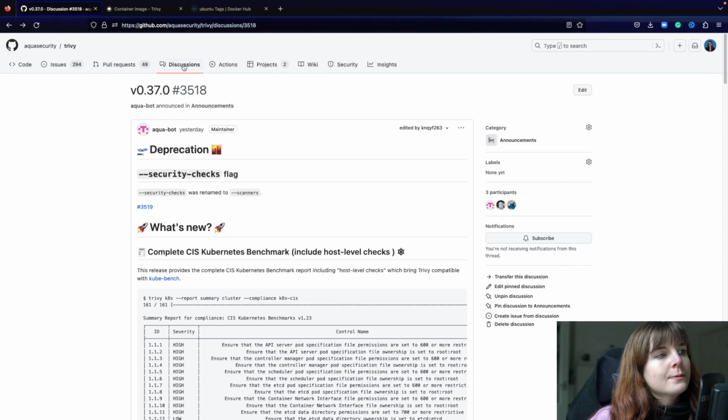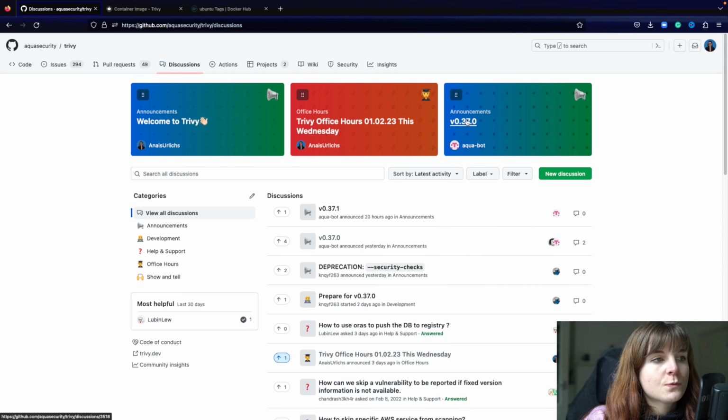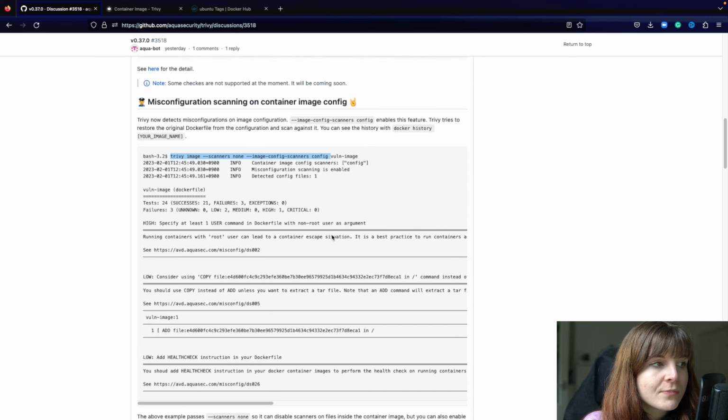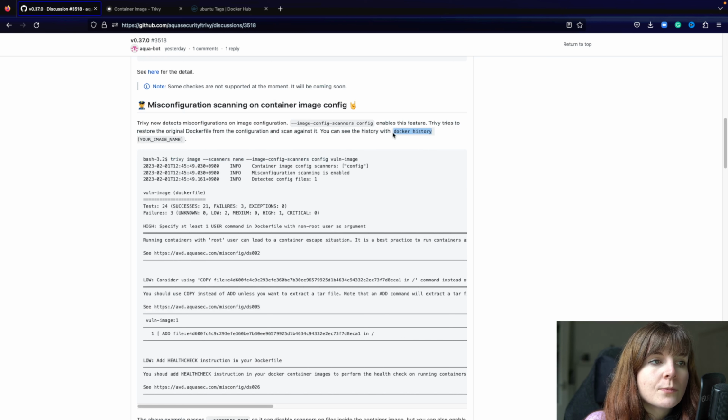You can find the latest release here in the GitHub discussions for Trivy. It's always going to be pinned at the top with all of the release notes. So here you can find the misconfiguration scanning on your container images with the new flag image-config-scanners. You can specify that you want to perform a misconfiguration scan on your container image. So what Trivy will do is it tries to restore the original Dockerfile from the configuration and scan against it. You can see the original configuration